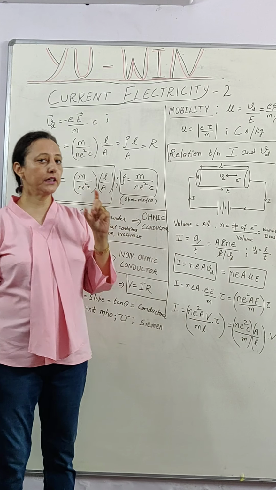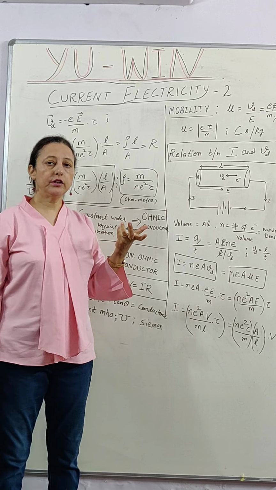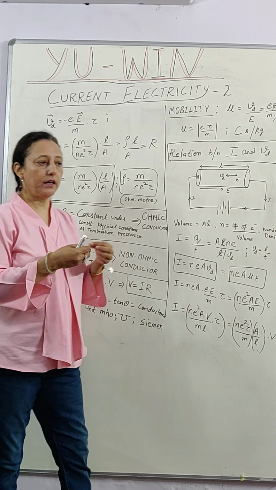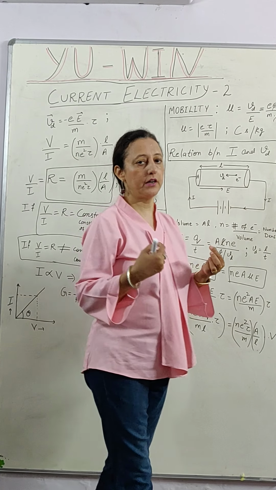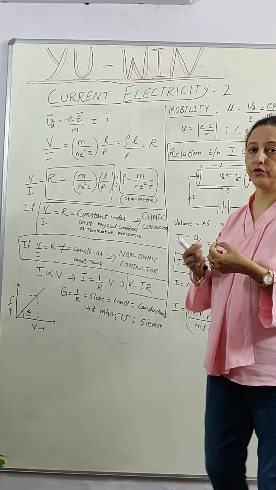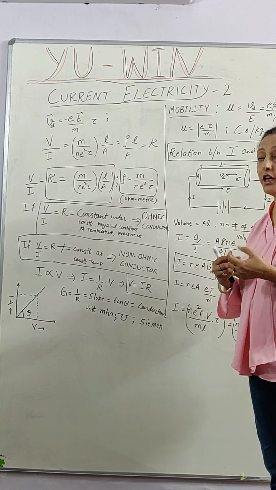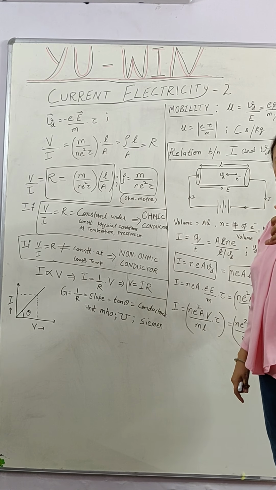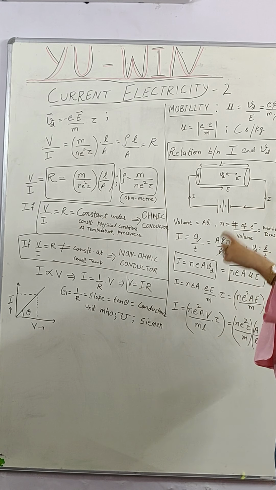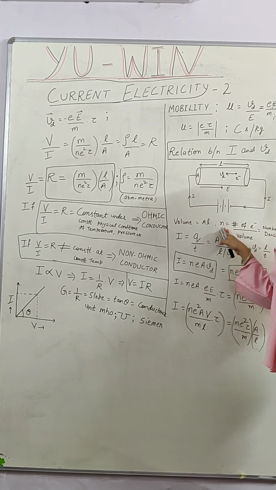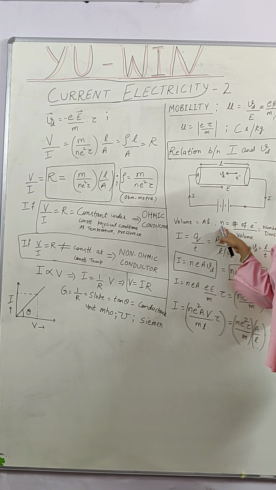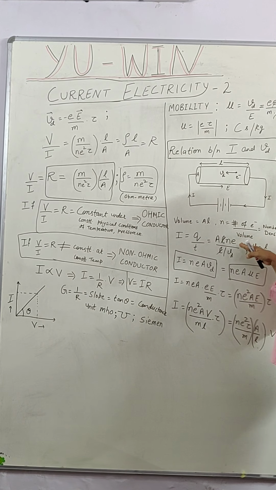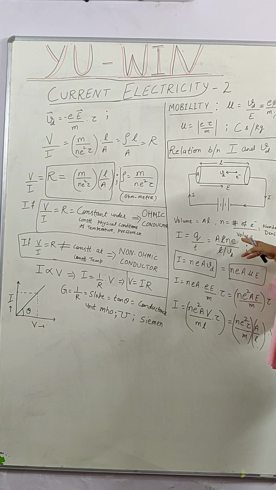We never give the actual number of electrons. We cannot, because when you use a conductor, some person is using a wire of 10 meter, another is using a wire of 5 meter, or the area of cross section will be different, length will be different. So for every piece of metal or wire that we use in the circuits, the volume will be different. So number density is a standard term: for copper, we have 10 raised to the power 29 per metre cube. So we define it as per unit volume, and the unit of number density is per metre cube.